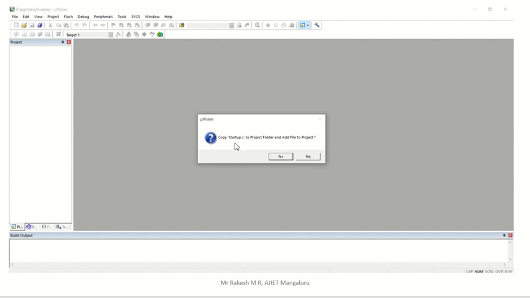So if you need that startup.s, we have to click yes. If we don't need it, we click no. In the previous assembly level language, we don't need any library file, that's why we clicked no. That was in software part A. But here we need this startup.s because we have an embedded C program, there we have library files, so we have to click yes. Click on yes.